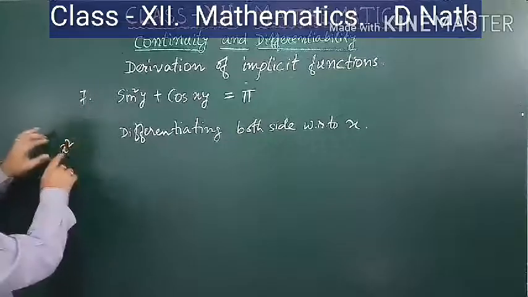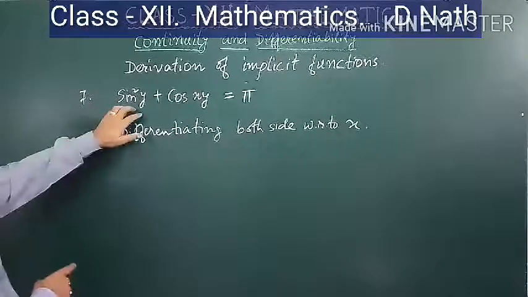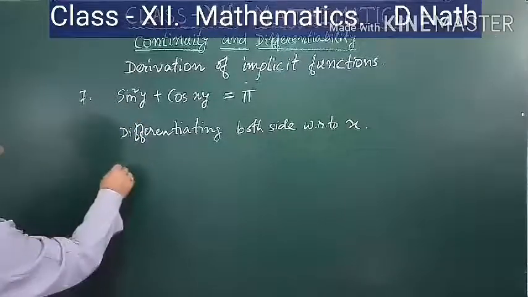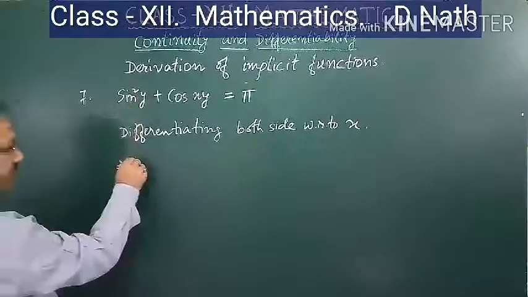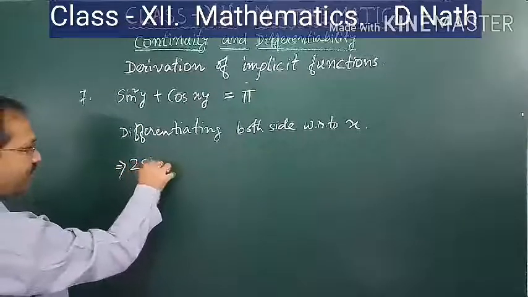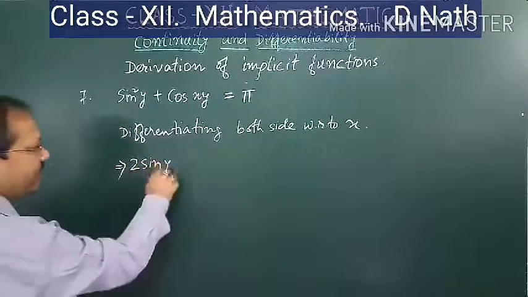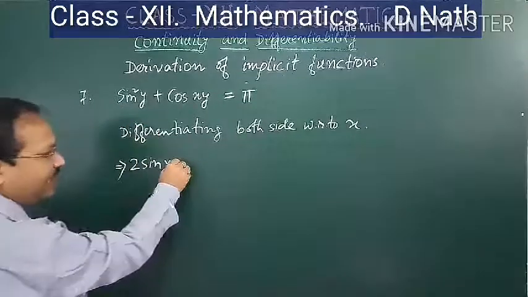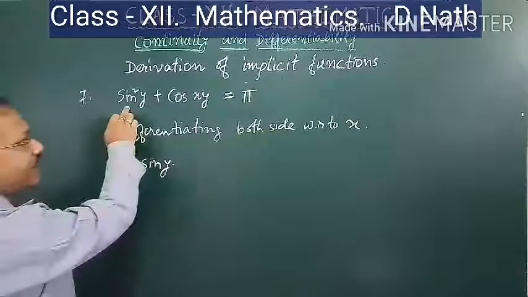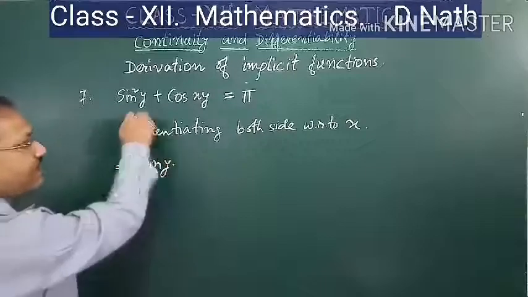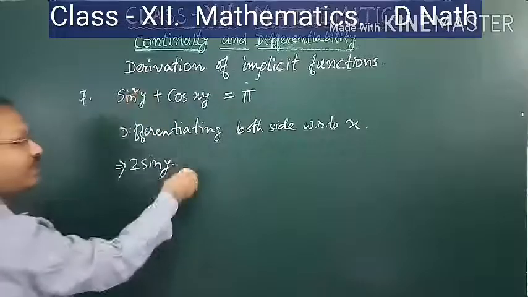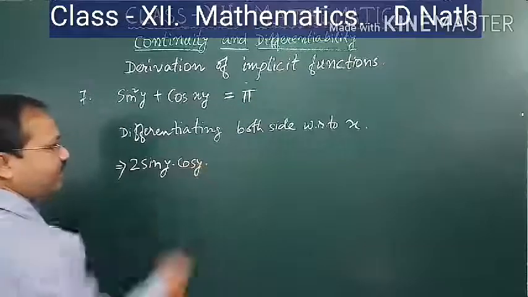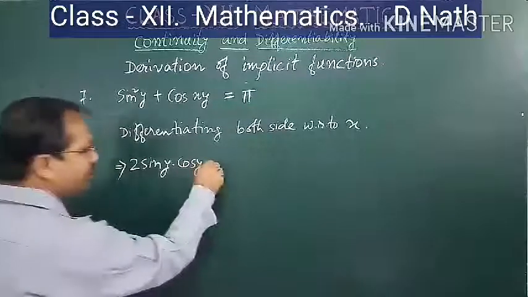So first we will do x square, and since it is not x, it is sin y, differentiation of sin y should be done. Okay. So what will that be? It is 2 sin y, 2x, so 2 sin y, now into ddx of sin y. So ddx of sin y should be done. ddx of sin y is cos y. But since it is y, again dy dx. So it is cos y into ddx of again y, so it is dy dx.